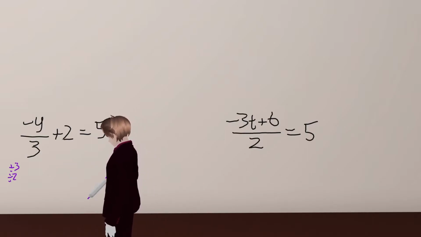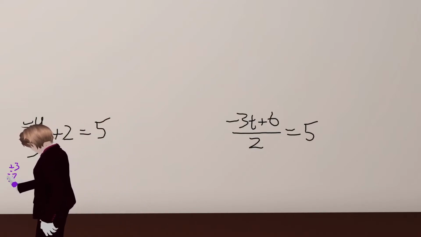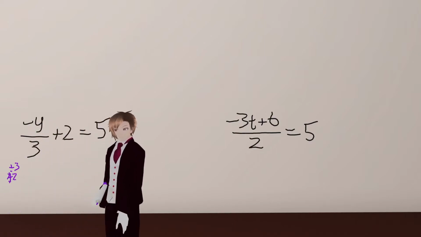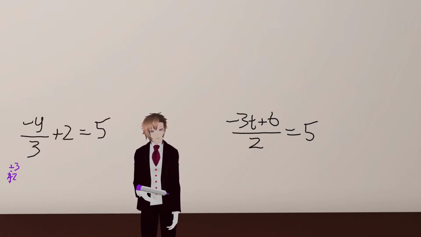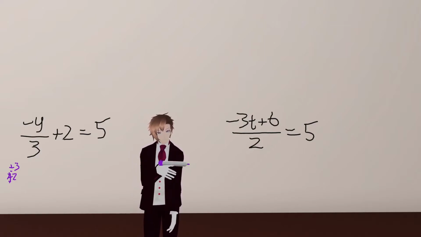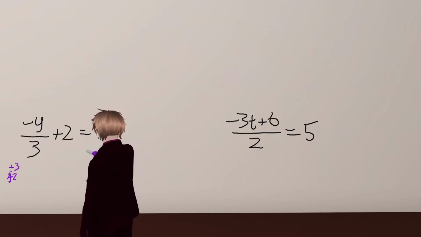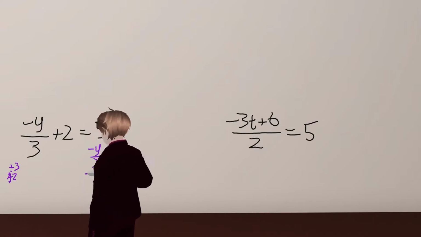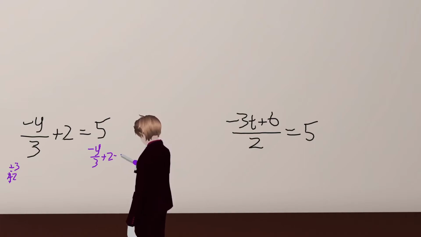First, the last thing we would do is we would plus 2. So we're going to take away 2 to go backwards. So we have negative y divided by 3 plus 2, and now we are going to minus 2. We're going to take away 2,